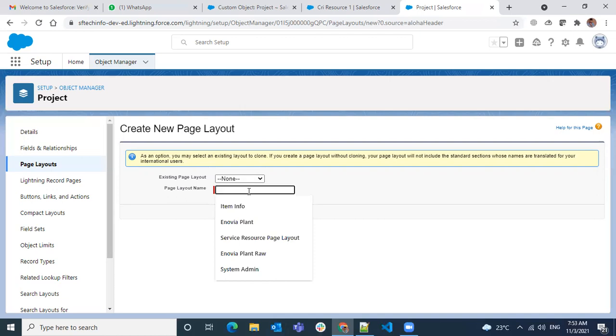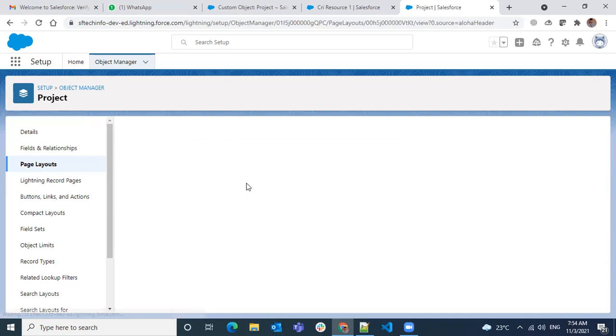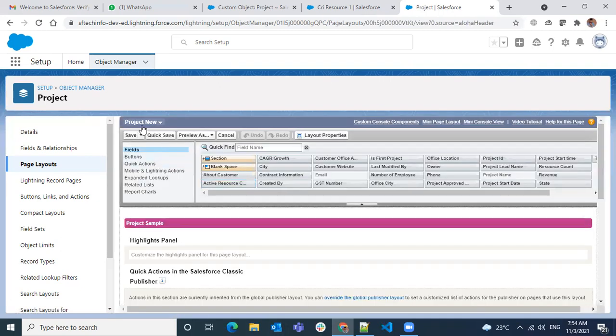So let's say for project, I'm just making it as new, just to make a different name. I'm not copying anything over here. I just created a project new. And if you think, okay, I'm done here, I've saved, and I want to switch to another layout called project layout, you can switch directly from here also.